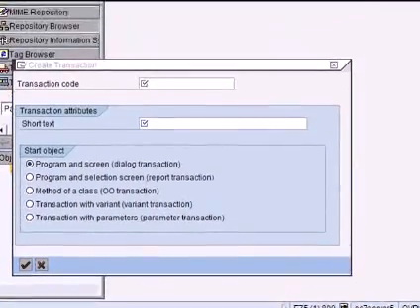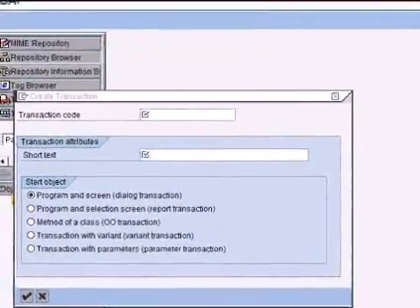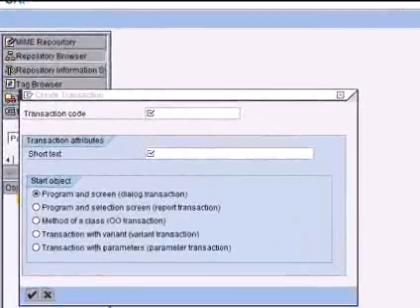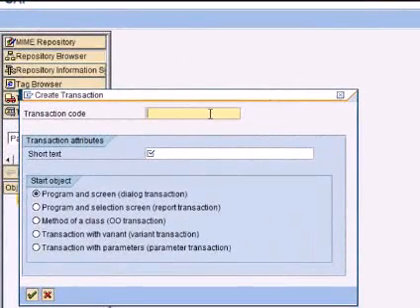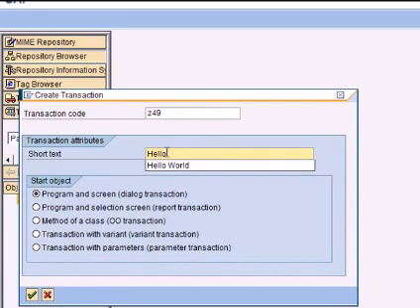So this is what my transaction screen looks like. So transaction code, I can decide what transaction code, like we use SE80 to come to the object navigator. Let us say Z49 is my transaction code for hello world,